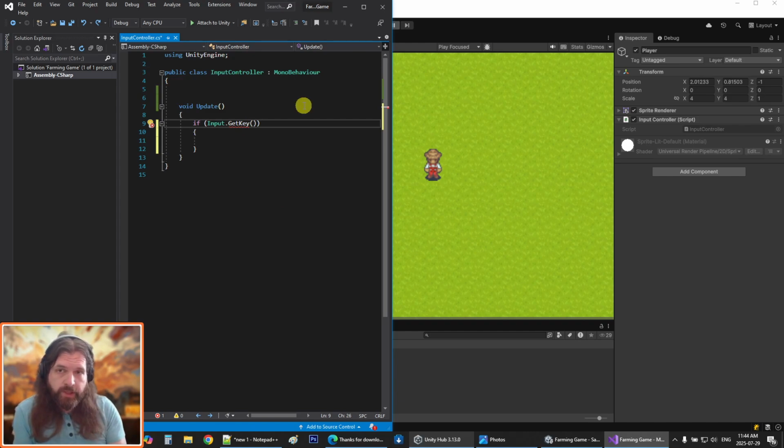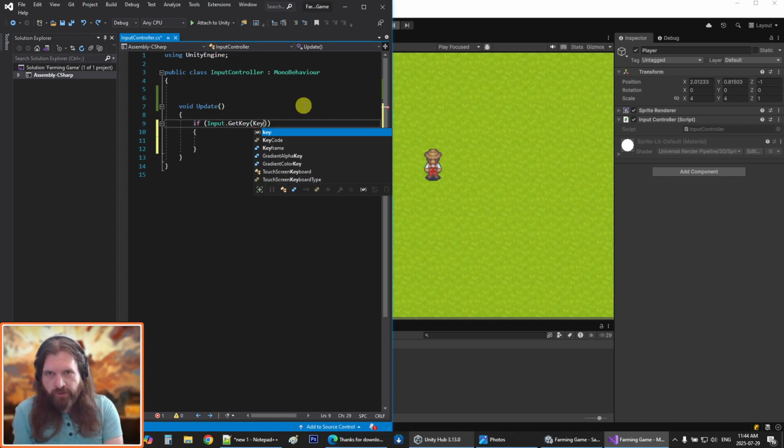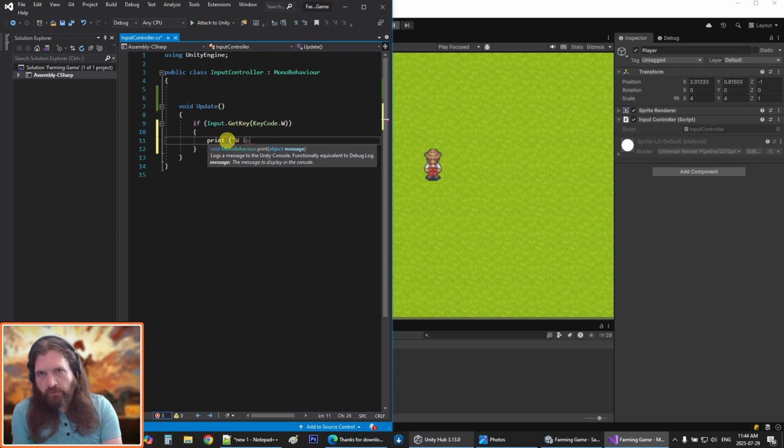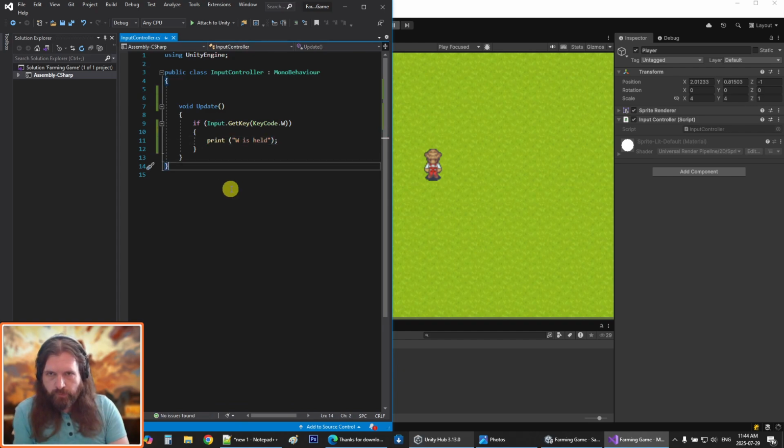So the way that Unity determines what key is which is using a KeyCode. And so we can just look through, and this is looking for any button on the mouse, any gamepads, the keyboard, anything. And then if that button is actually being pressed, this section of the code will return true. So if we say W, then this is specifically looking for W. And if we run that,